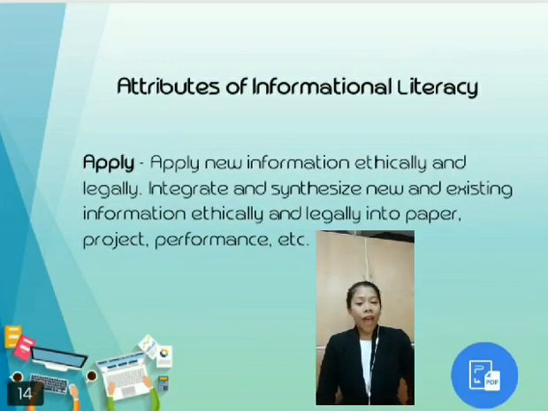One of the attributes in information literacy is apply. Apply new information ethically and legally. Integrate and synthesize new and existing information ethically and legally into a paper, project, performance, and so on. We should know and identify the question. We should select the appropriate sources of information.